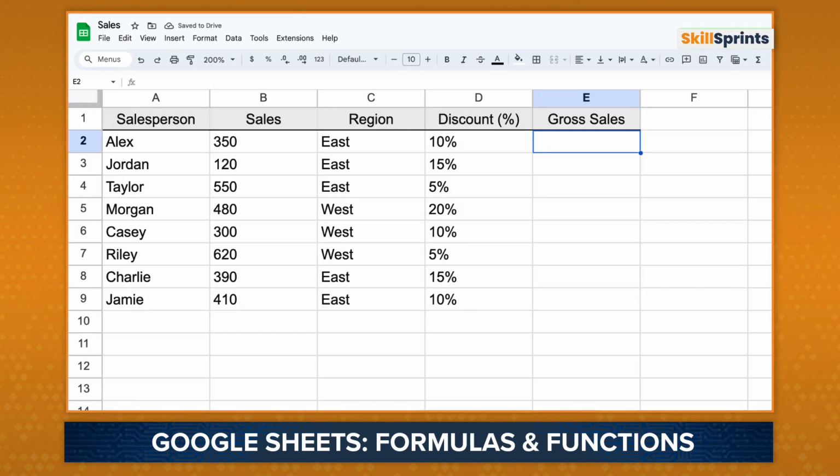I've created a new spreadsheet here and notice that there is a discount column. In order to figure out each employee's gross sales, we need to subtract the discount amount from the sales. So in this case, I'm going to use a formula. Our formula is going to be the sales minus the discount amount, which is determined by multiplying the sales